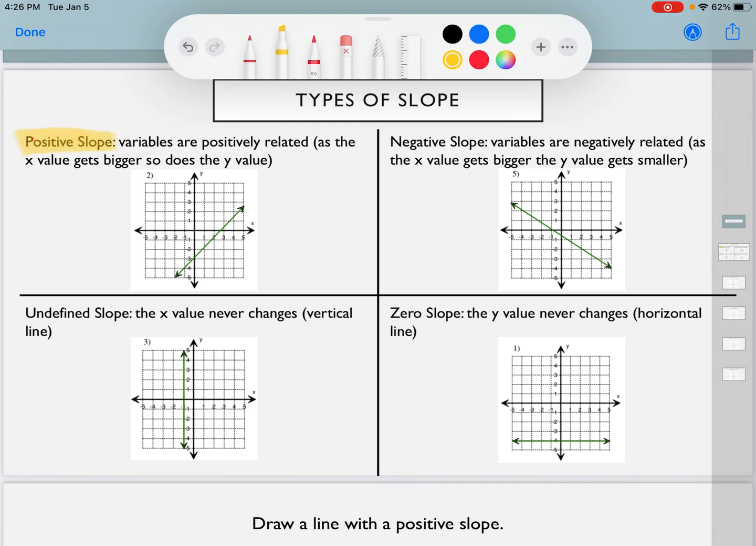So positive, negative, zero, and undefined. So starting with positive slope, variables are positively related. So what this means is as the x value gets bigger, so does the y value. And so long story short, we know in a graph,